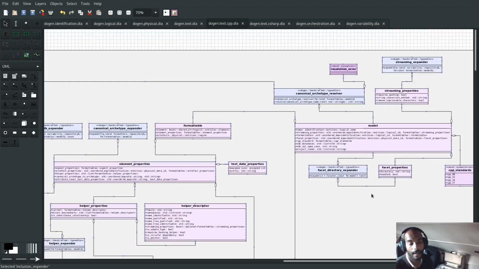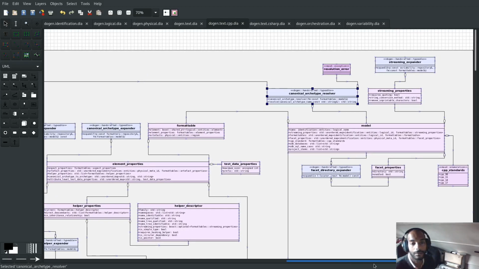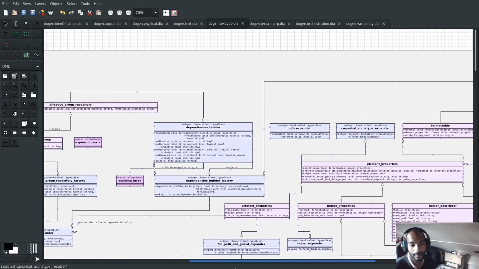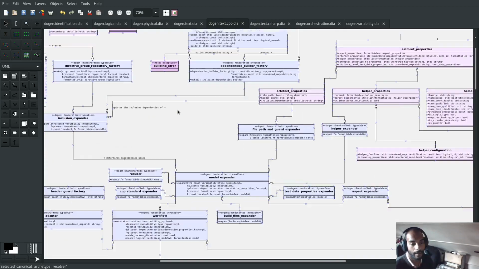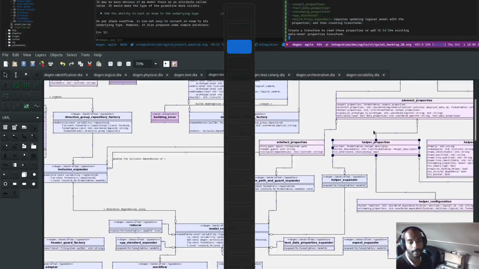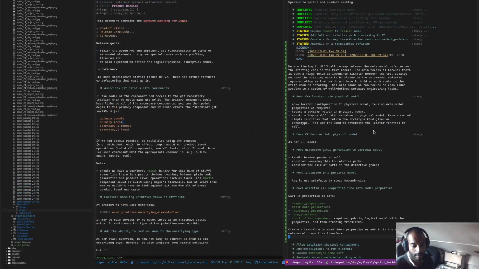And then the last bit, this will also be related to inclusion. So the last bit that we need to think about will of course be, for C++ at any rate, the helpers. So one big story here. Move helpers, and, well, move helper. Well, let's just say move helpers to